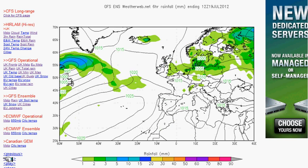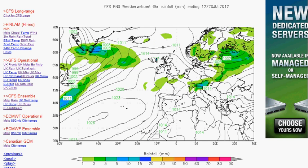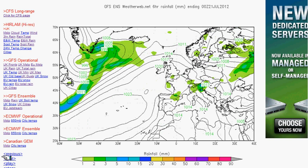So we've got a few unsettled days to come, but then watch what happens. Look, by the time we get through towards Friday, we find this flow coming in from the north, a ridge of high pressure builds in, and that's going to be bringing us a fair day through Friday. And look, it's the 20th. This is the day that we're going for the improvement. Well, here it is. Sunny spells coming through, and I think we'll find that through the weekend that high is